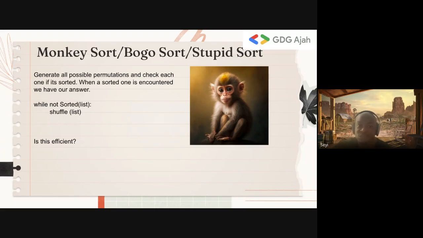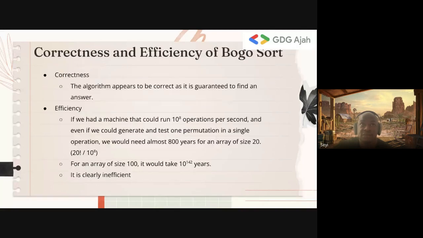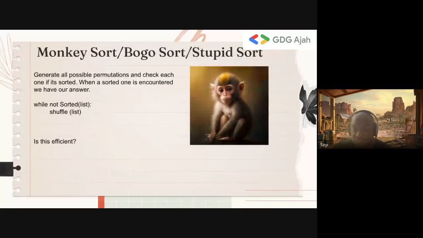Open question. Do we think it's efficient? Thumbs up if you think it's efficient. Okay, good. It's not efficient, right? So the problem is, is it even correct? Let's start with, is the algorithm even correct?